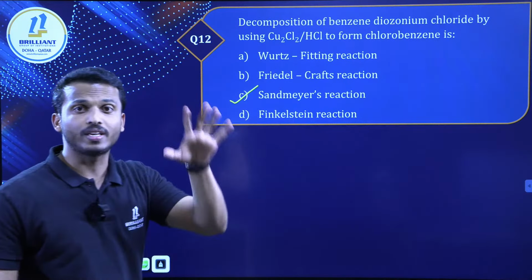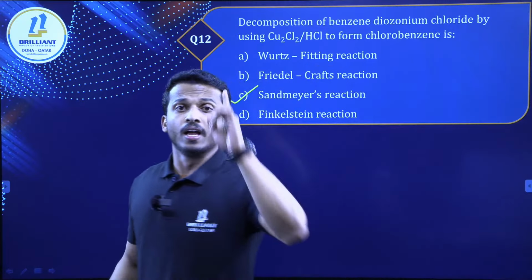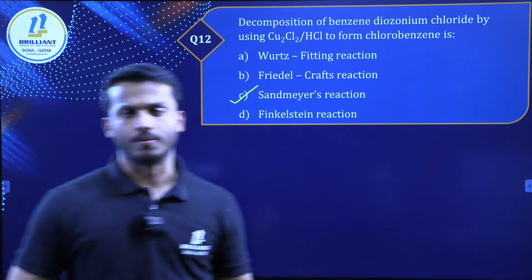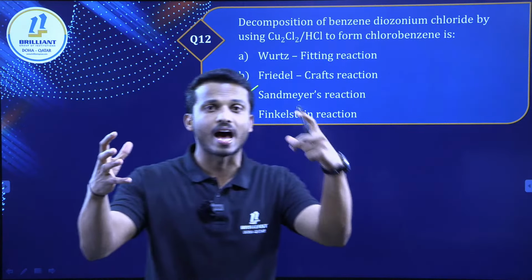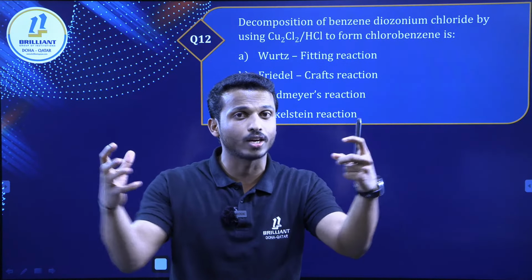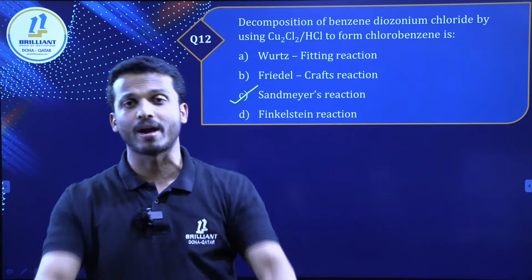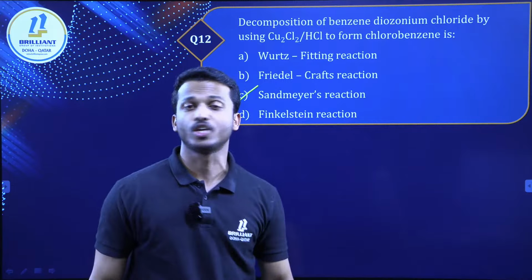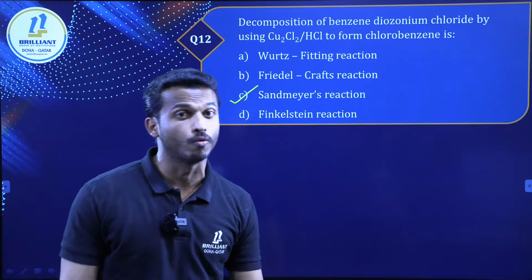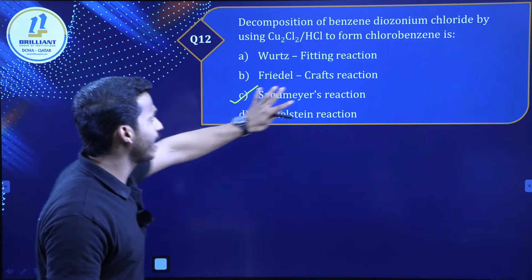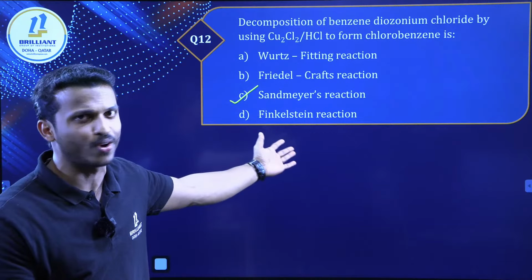What is the Wurtz-Fittig reaction? I'm just saying this to refresh your mind. The Wurtz-Fittig reaction is a combination of a haloalkane with an aryl halide. You can prepare toluene-type compounds. A haloalkane and haloarene are mixed by treating with sodium and dry ether. You get an alkyl group on the arene, like a benzene ring. That is called the Wurtz-Fittig reaction. Friedel-Crafts alkylation and acylation are there, but it is definitely not that reaction.